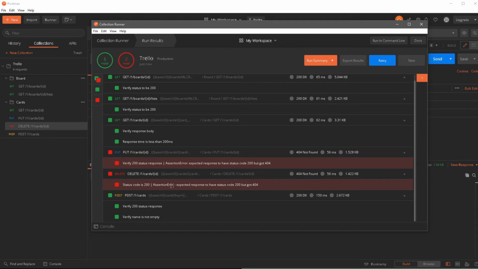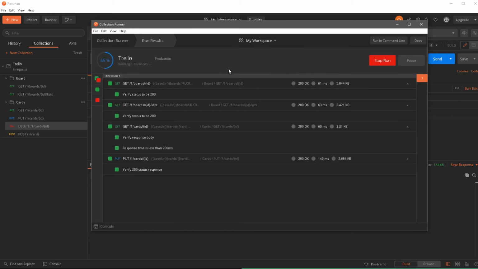So what's happening is we delete the card ID, then we create it again. So when we're running the collection, at that point, it doesn't even have that card ID because we have deleted it already. So this new card ID that we are trying to create, it already deleted it. So it's actually picking up the old card ID. That's why it's failing. And I can click on retry again just to run this whole thing again.